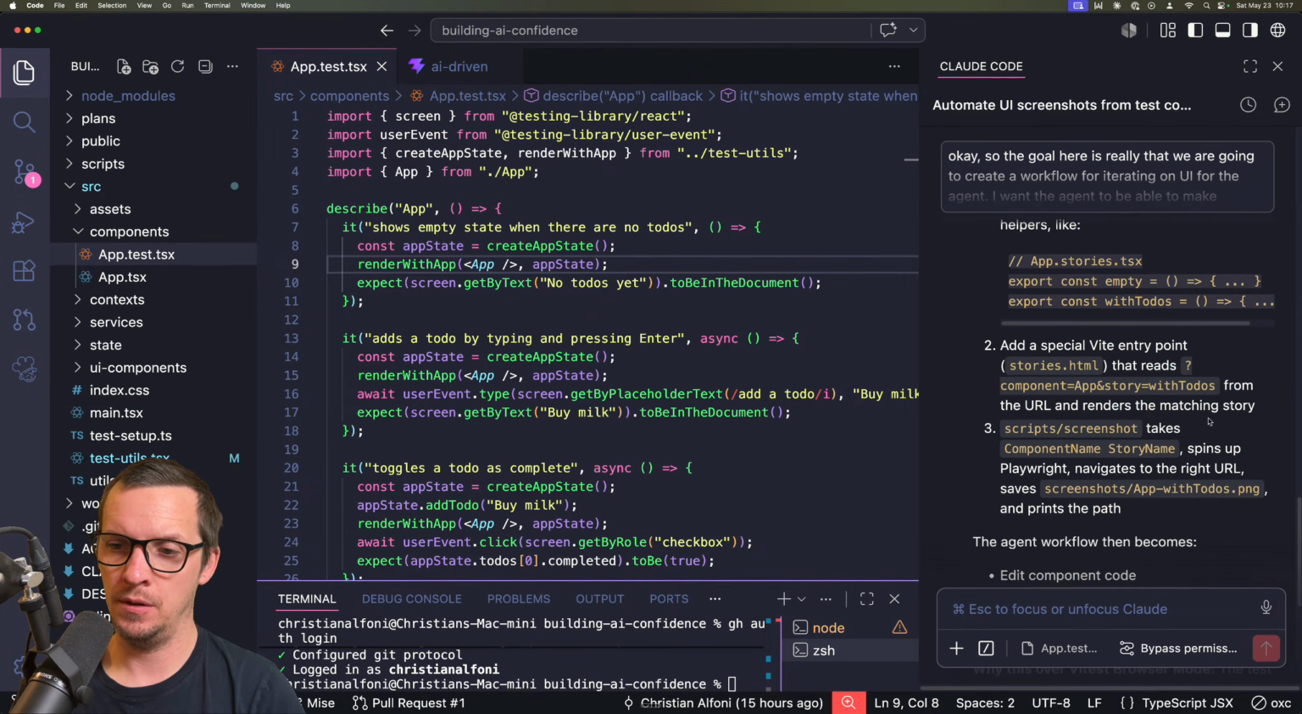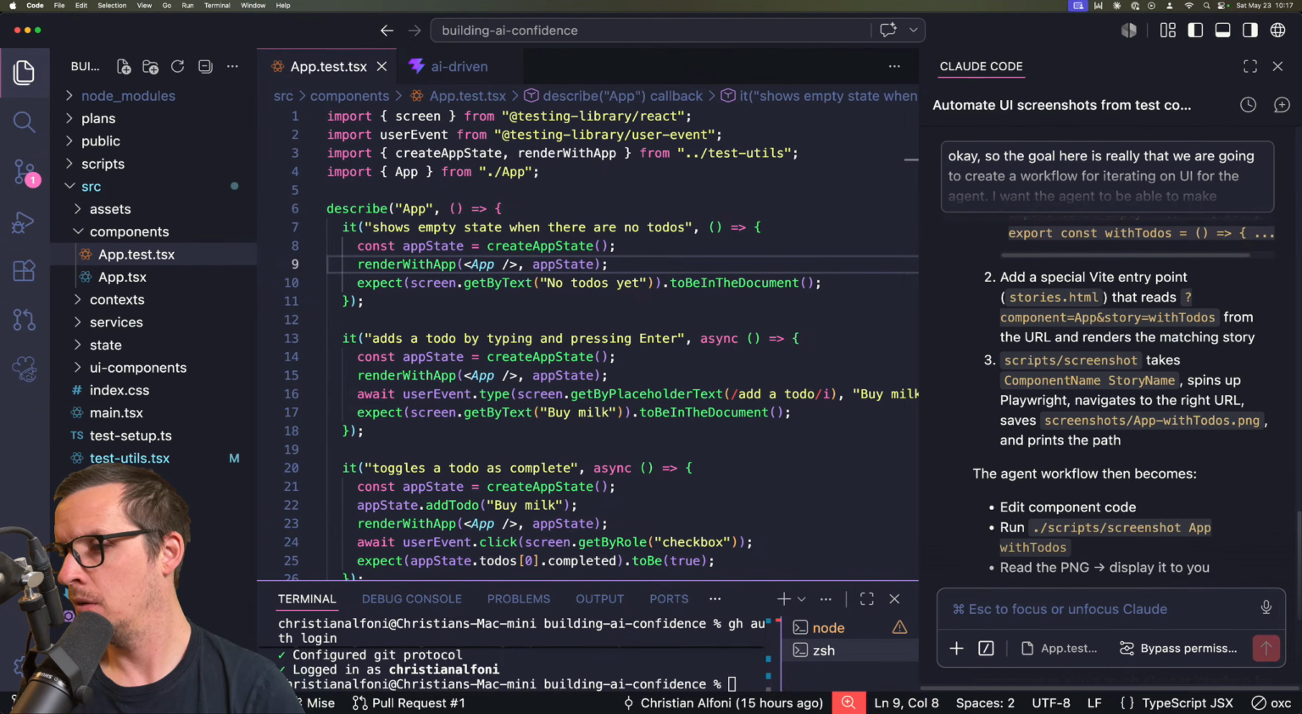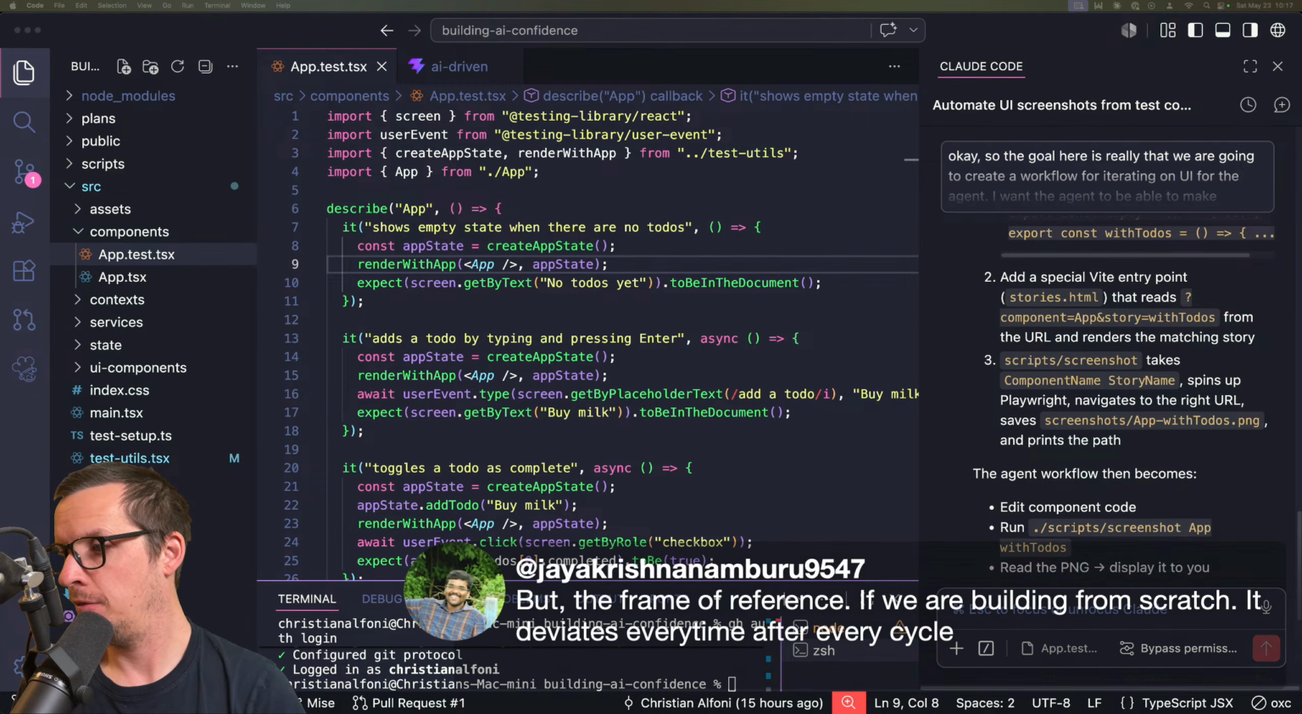Yeah, renders the matching story. Yeah, but maybe we don't need screenshots. Maybe we just need stories. But the frame of reference, if we are building from scratch, it deviates every time. Oh, you mean if it doesn't read the screenshot or look at the screenshot? Yeah, I guess it